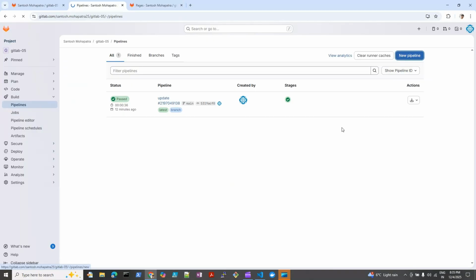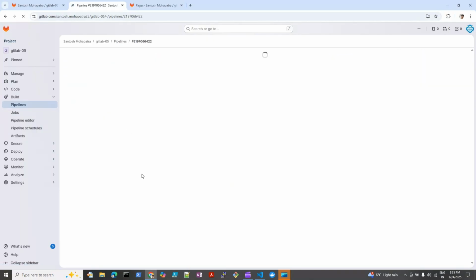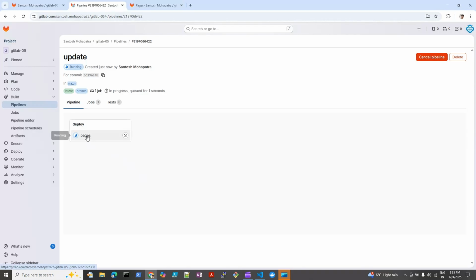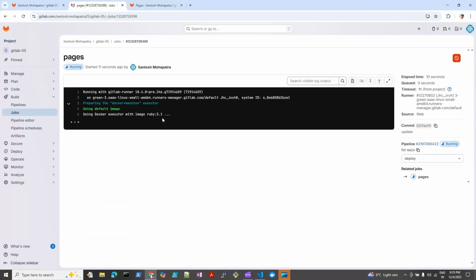Okay, I can run this from here. Let me trigger this pipeline manually. This job started, the stage is deploy, and the job is basis. Here what it will do is use an image to run this runner. The runner itself will run as a container, so it will use the Docker executor,